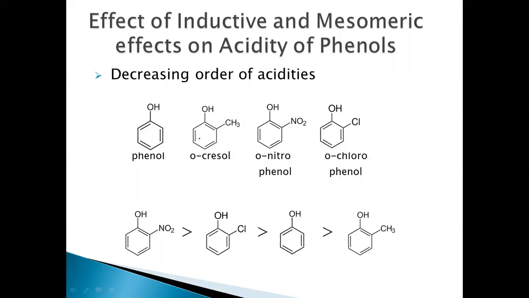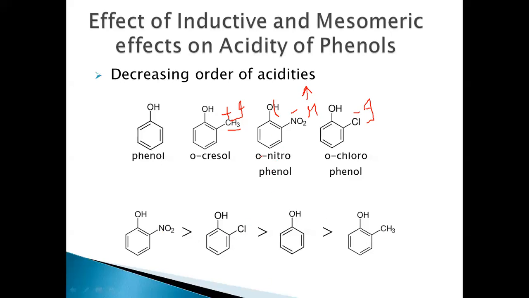This methyl group, we know that it is a plus I group, and the nitro group is a minus M group, and this one is a minus I group. So we know that this minus M group will increase the acidity because it will decrease the electron density on the oxygen, and the OH bond dissociation becomes easy, so the proton can be donated easily. So orthonitrophenol is more acidic when compared to